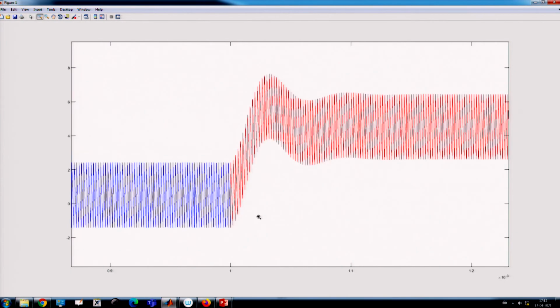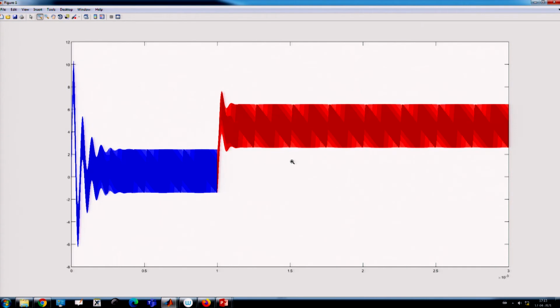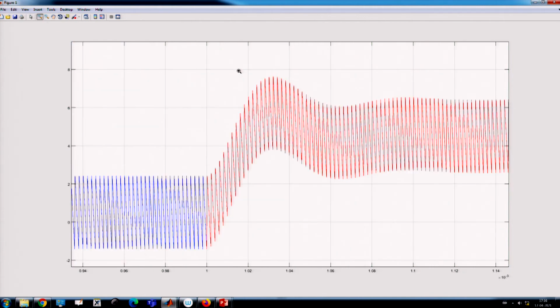By that way you can simulate the load transient scenario, different transient scenarios you can simulate here. The load has undergone some transient because we have changed the resistance value.